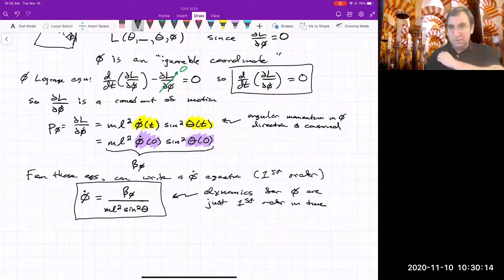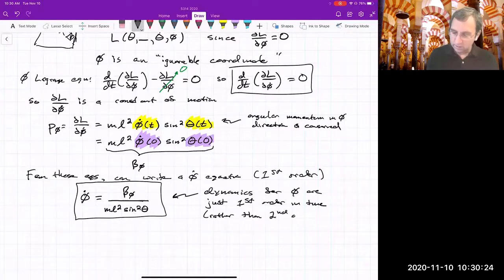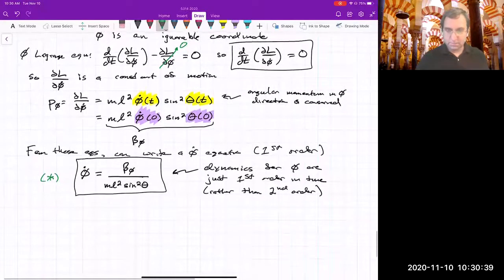We expected them to be second order, right? We should get something like phi double dot equals something, rather than first order. So that means there's something special about the phi coordinate. I'll even give this equation a name because I'm going to use it. It's equation star. Now, the Routh procedure